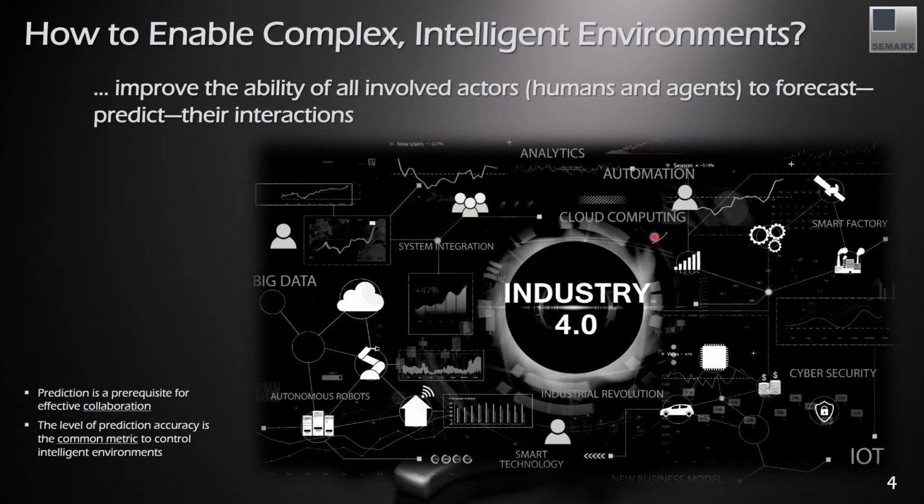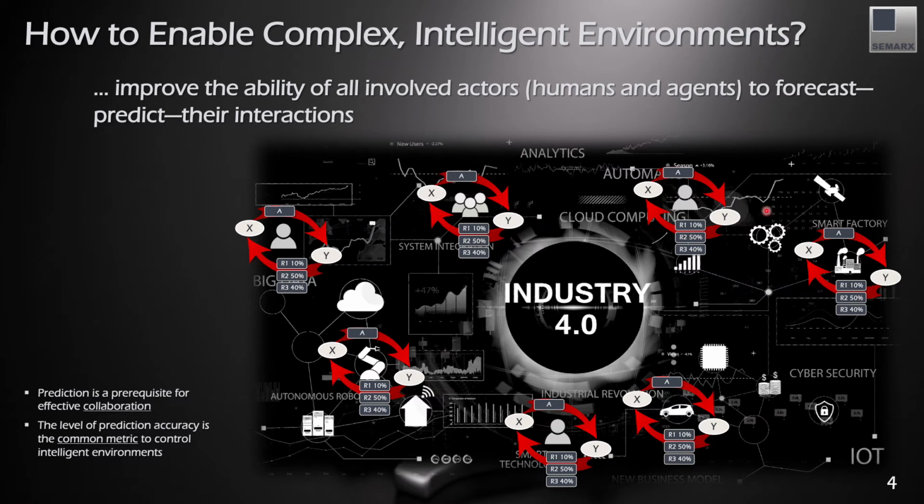How to enable then complex intelligent environments? How to enable all of those people to act according to that way? We need to improve their ability to predict what they are doing. This means that if we have an environment with so many active agents who have intentions and who make decisions, each one of them will be equipped with their own human digital twin that will help them predict what happens when they interact with their environments, and then also provide recommendations for them on what to do and when.